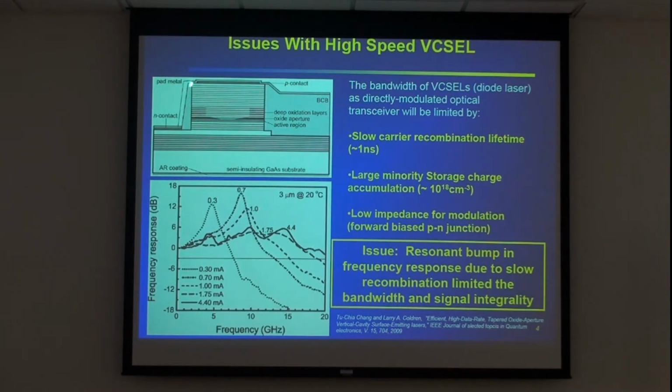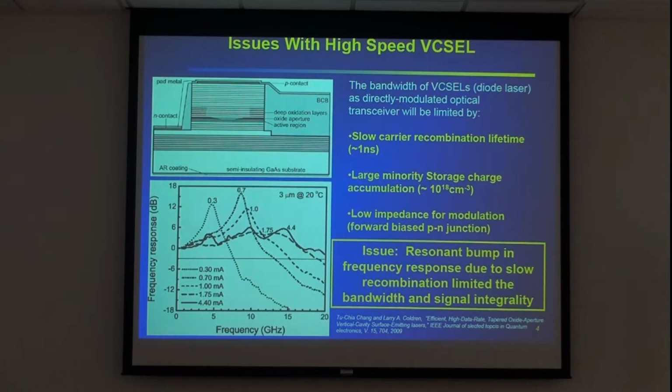It has something like 25 pairs, and they etch down, and you have an oxidation confined aperture over here. Basically, you can see the frequency response. The x-axis is frequency, and you can see the 3 dB bandwidth is about 20G. It's pretty good, but